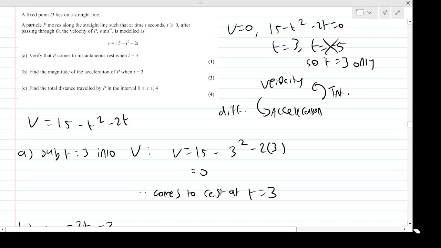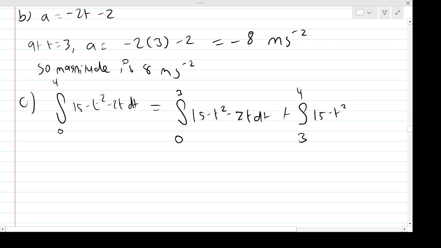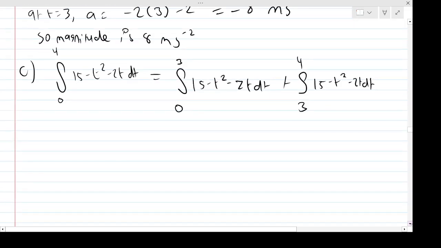So we only need to split this up. We need to split this up from 0 to 3, and then from 3 to 4. Okay. So the idea is then, if we split it up in this way, one of these integrals will be negative, so we need to make it positive, okay? So, okay, if we work these two integrals out separately,